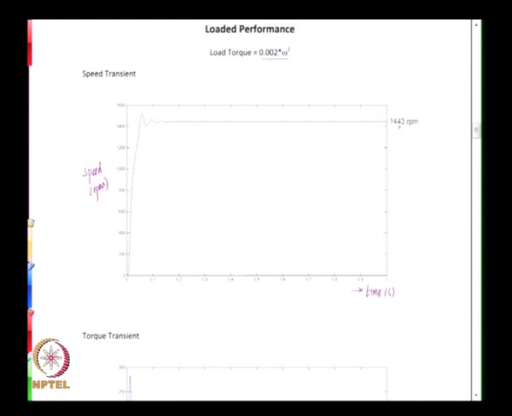Because of that slip, it is now able to support the load torque, which we have given as 0.002 times omega square. So here there are overshoots and undershoots about 1443 rpm. If we look at the generated electromagnetic torque